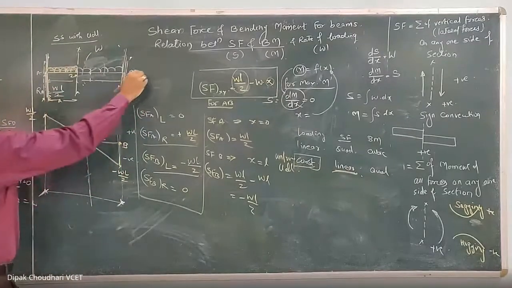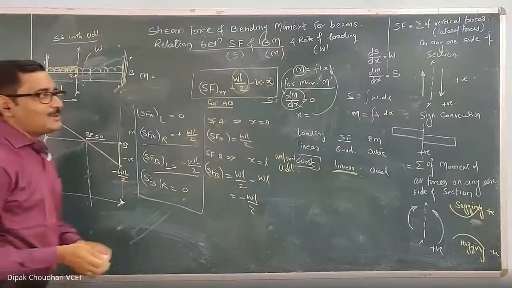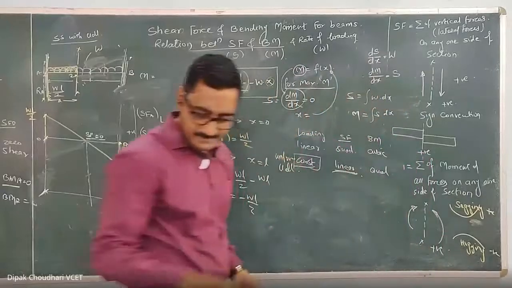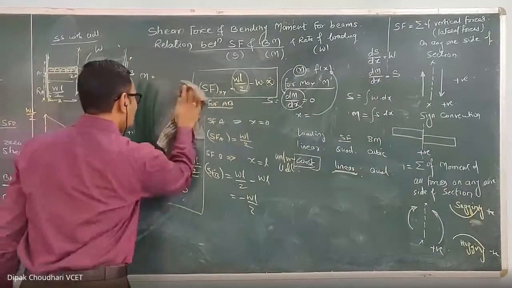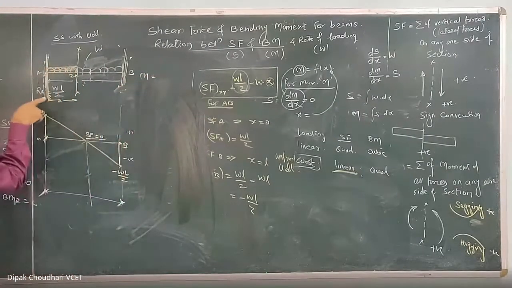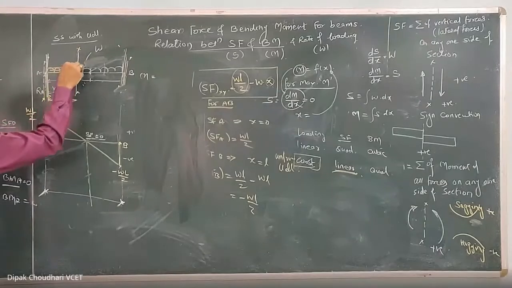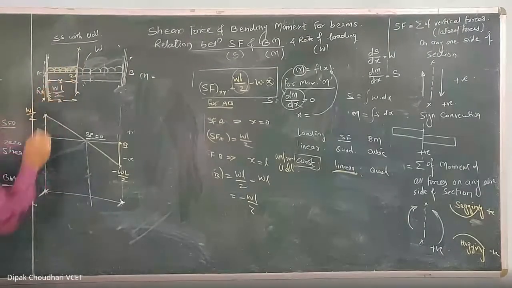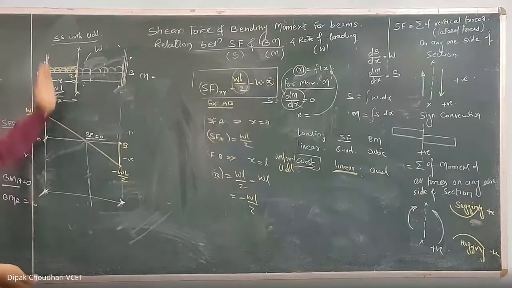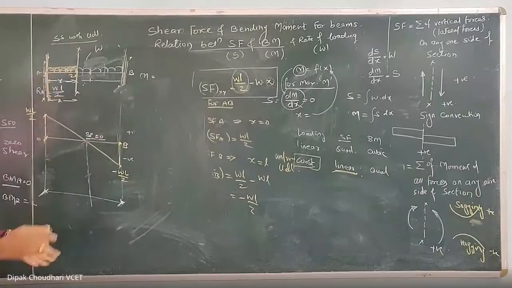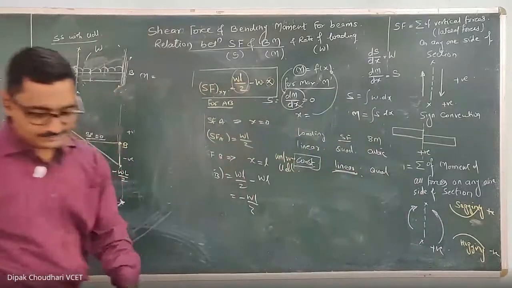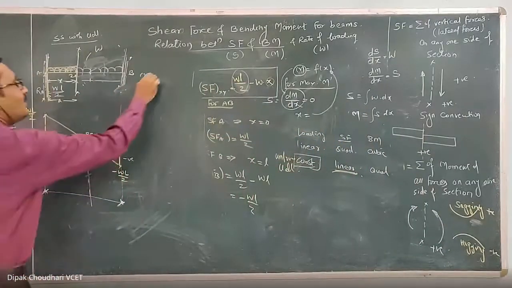At this section XX, I am going to write down the equation of the bending moment. How to write down the equation of bending moment? It is the summation of the moment of all forces on any one side of the section. Okay. Look at the board. Equation of the bending moment. Now, this is the position where there is a section at a distance of x from A. I am considering the forces on the left hand side. किसी भी एक साइड के forces के moment का summation. Considering sagging moment positive and hogging moment negative. Okay. Now let's write down the equation of the bending moment.